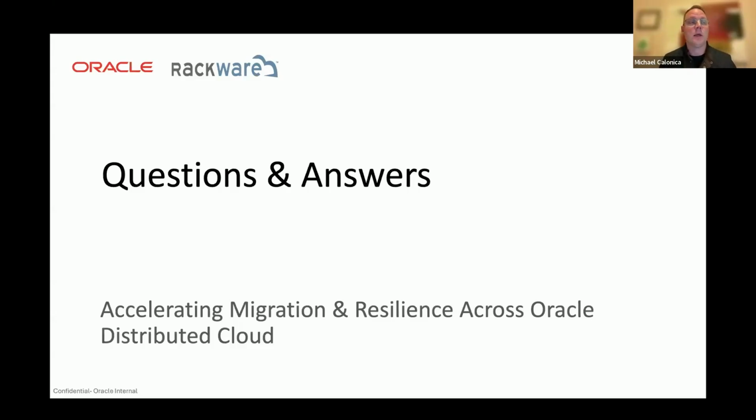If you go to our website, you'll notice we have our free assessment solution. So you can request a RackWare free assessment. You can test migrating workloads with RackWare migration. And with disaster recovery, we'll provide you a RackWare disaster recovery trial license as well. But also don't forget, we are offering the 100 days, 100 workloads for RackWare DR as well.